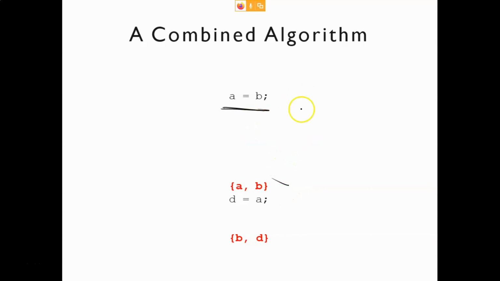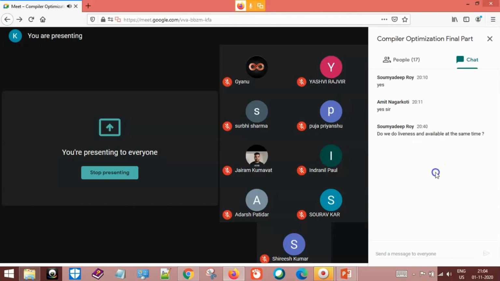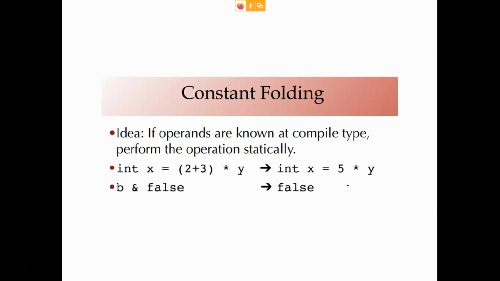So what you will do? You will just do the liveness analysis. Now what will be the value here? You will include B. You will exclude A. So this is how you will do. Okay. So this is the complete point and this is the combined algorithm. So finally you will get this output. So we have seen liveness analysis and this. Anyone has any doubt right now? So right now the theoretical portion is over.